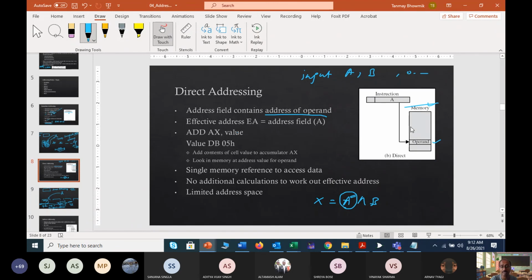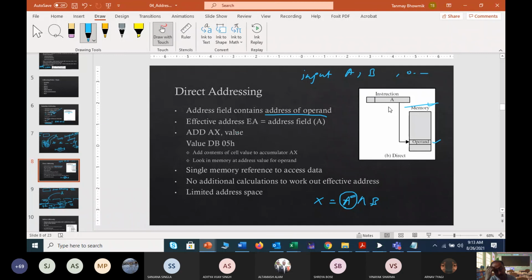So how will you calculate this? Again, we will discuss it on the next day. I don't know which one is the next day. Saturday, I think your Tuesday's timetable will be followed. So maybe on Monday or whenever we meet in class again, we can discuss. So till now we observed immediate addressing and direct addressing only. Here we found how direct addressing is calculated, what the address of the operand is, how you calculate the effective memory address in this case, and the advantages and disadvantages.